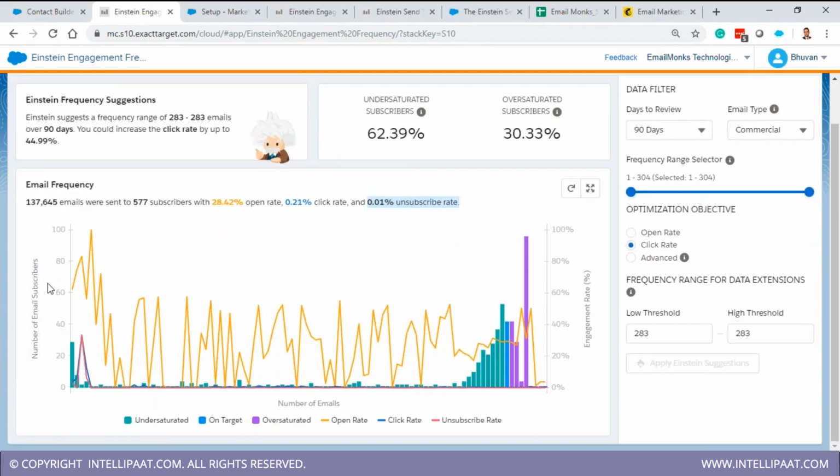Now in this graph, on this axis we have plotted the number of email subscribers who were sent the emails. On the right hand side is the engagement rate, how much they engaged, and at the bottom is the number of emails sent. So this graph basically, if you keep